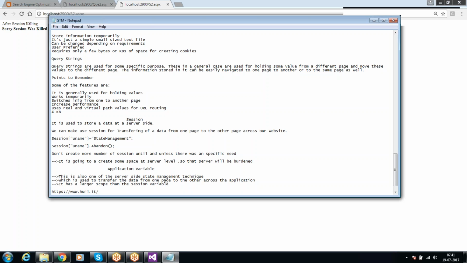Session will be restricted to a particular login, but the application variable will not be restricted. There is no restriction for an application variable. It will be available throughout your application. Suppose once you log into your system, once you log in to your account,